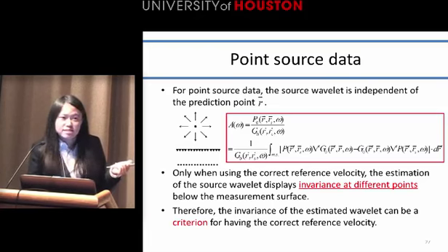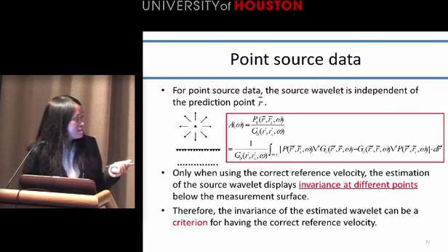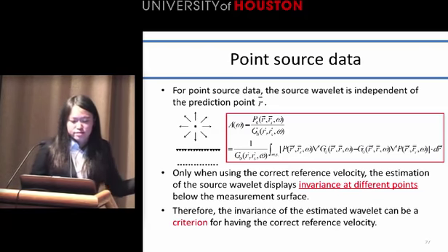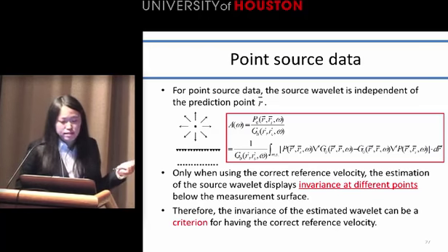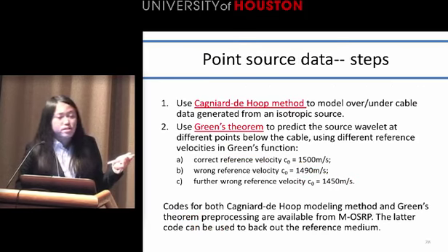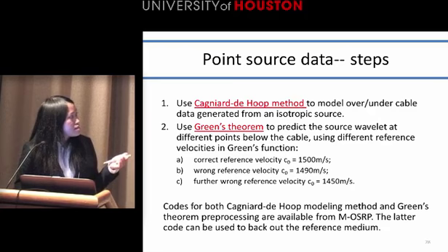So the analytic test tells us that only when using the correct reference velocity, the estimated wavelet displays invariance at different points below the cable. And we use this as a criterion to find the correct reference velocity. The steps of my test: I model the over-under cable data generated from an isotropic source using an analytical method. And next, I use the Green theorem preprocessing code